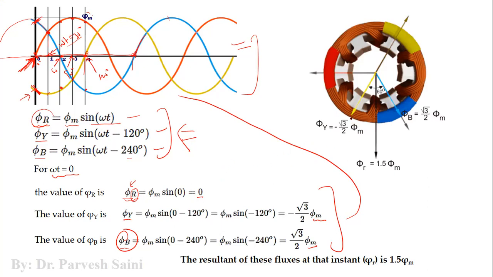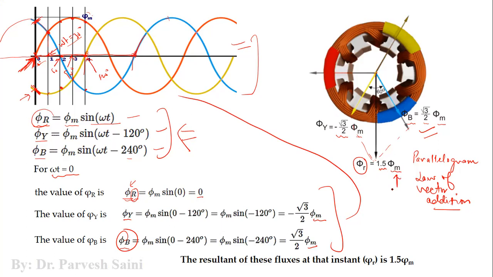In this case, we will apply the parallelogram law of vector addition, right? So in this diagram, you can see, for example, at omega t 0, we have a red phasor which is 0, which is not indicated here. We have a yellow phasor which has a value minus root 3 by 2 phi m. We have a blue phasor flux which has the value root 3 by 2 phi m. Now if we apply the parallelogram law of vector addition, right? So if we use this particular law, we will get that the resultant phasor is 1.5 phi m,